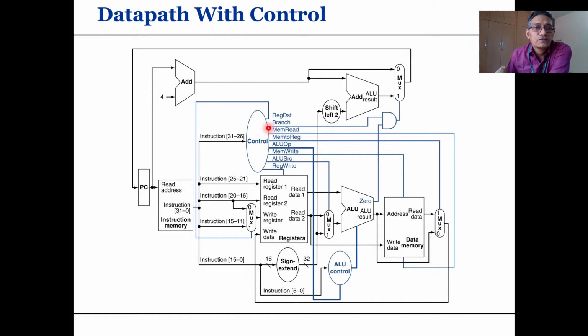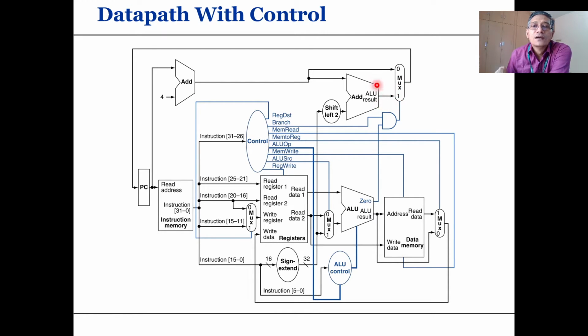If the opcode field is 4, it is determined as the branch instruction. So if it is a branch instruction, this signal is initiated and given as one input to the AND gate. During the branch instruction, if the ALU operation is 0, this line will be activated and will get the output 1. When both the values are 1, this multiplexer will be controlled so that we will be computing the branch target address.